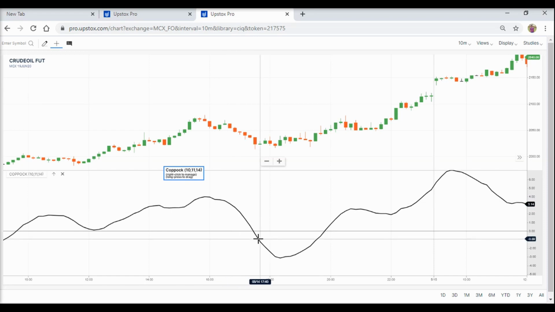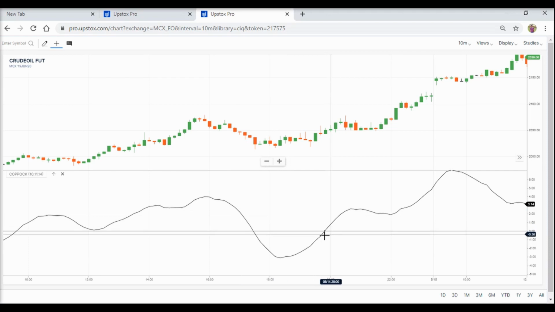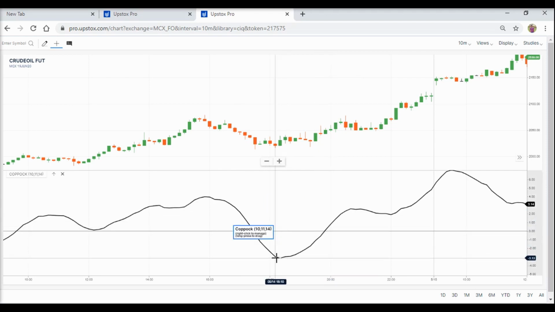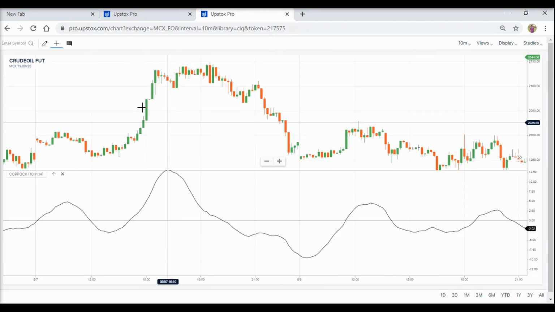And also, while you are exiting your trade, you should not wait again for it to return to zero. You should exit your position here itself. When it again reaches the minimum lowest saturation, and when it bounces back, at that point itself you should exit your position. By this, you can increase your profit, and also you can minimize your loss. The second disadvantage is,